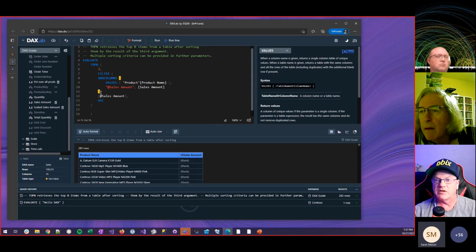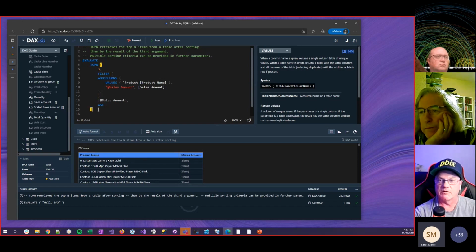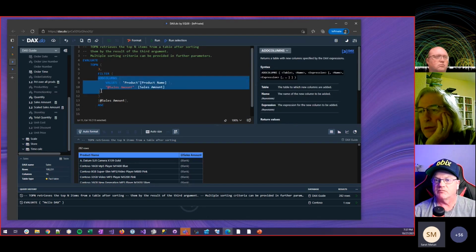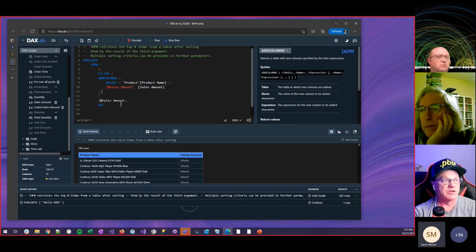Because this needs to be there. So I put my other parenthesis in the wrong place. So I want to filter that column. Get rid of this because that's going to cause me an error. So I got my filter, where that's ending at. This is the table I'm going to filter. And what I want to be able to do,